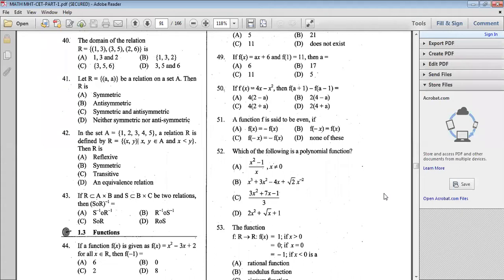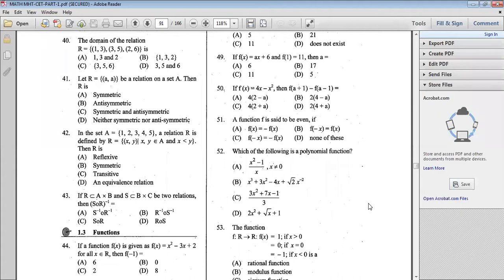So observe the first option. Is it the polynomial? No. First option, no, because the x is in the power. That's why that is not the polynomial. Second option? No. Because in the last term the power is minus 2. The power should not be negative. That's why that is not the polynomial.